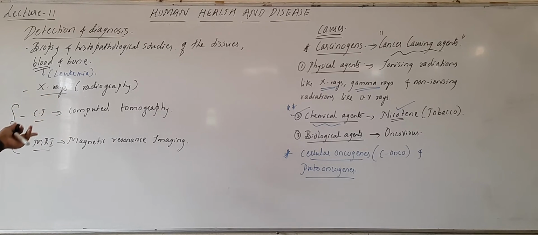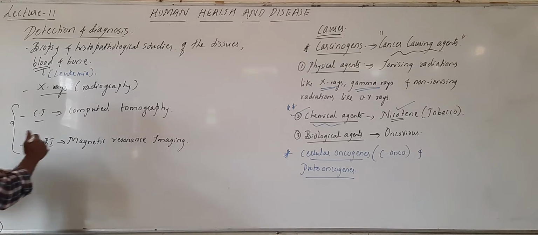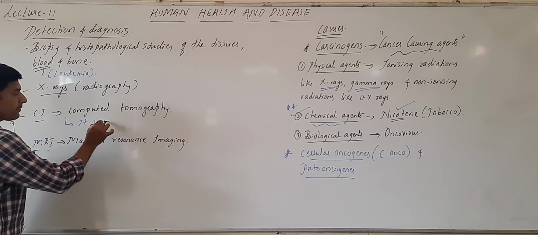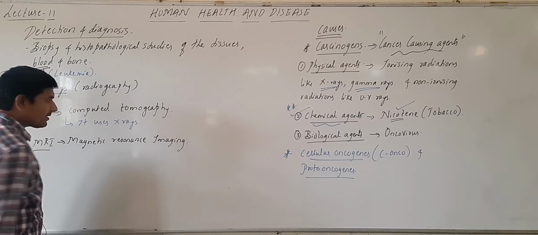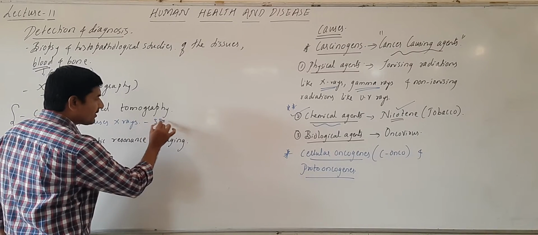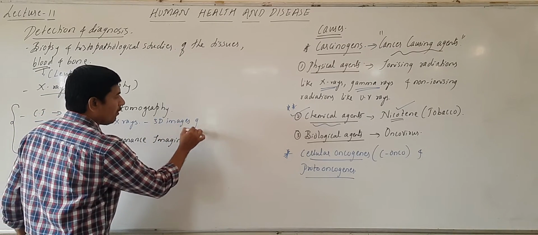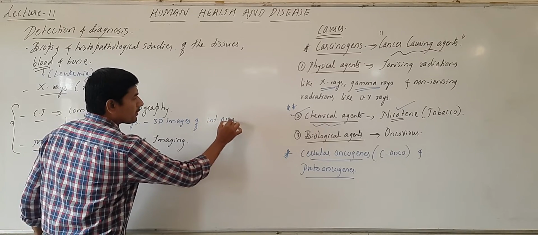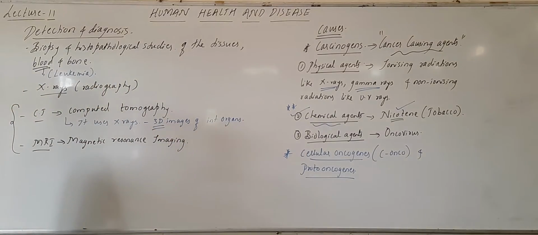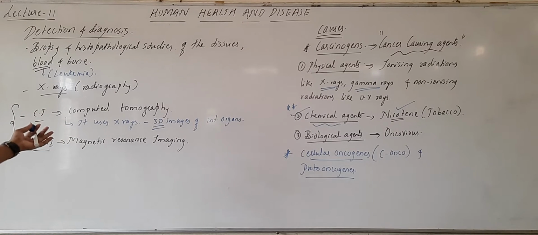Now especially this CT scan, it uses X-rays to generate a 3-dimensional image of the internal organs. Okay, so this is CT scan. Then MRI, mainly it uses strong magnetic fields and non-ionizing radiations